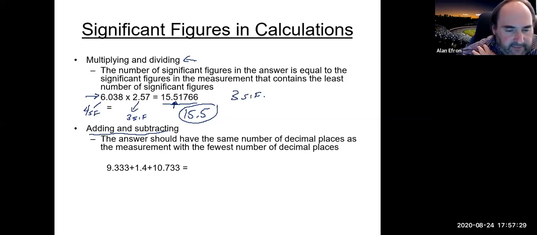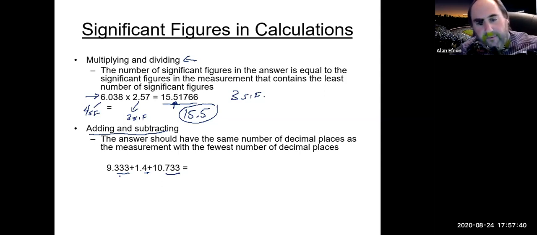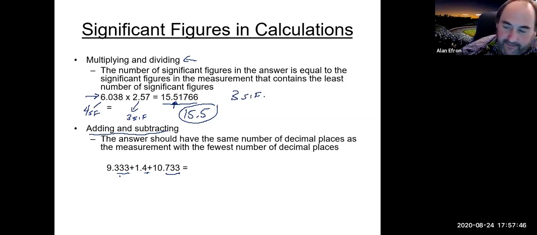So when we're adding these numbers here, this guy has 3 decimal places. This guy here has 1 decimal place. And this guy here also has 3 decimal places, which means we should end up with an answer with 1 decimal place. And I'm going to grab the calculator. 9.33 plus 1.4 plus 10.733. And again, on your calculator, it spits out something like 21.466. Again, because this is the smallest number of decimal places, we should come to here, which means we do have to look at the 6, and we do want to round up in this case, giving us